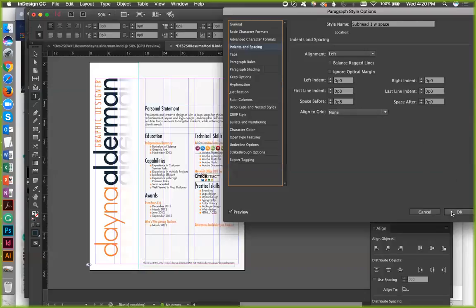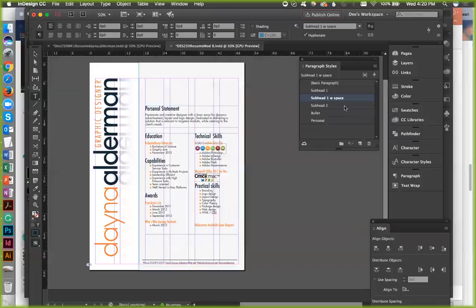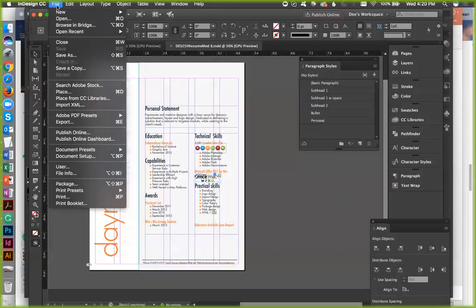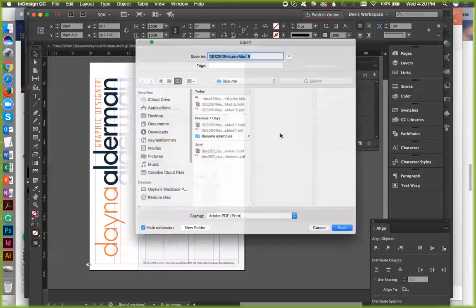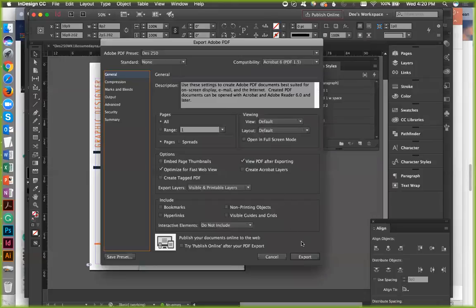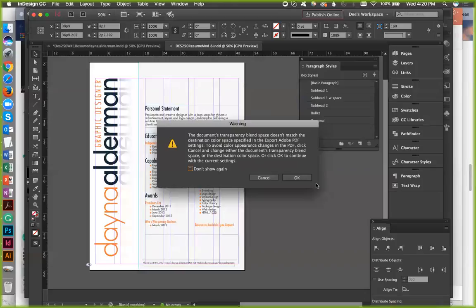Oh, I see what's happening. Because it is based on subhead 1, it's okay though. Okay. That's the whole reason why you want to make sure that you view the PDF after exporting.